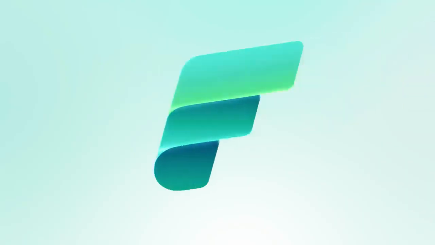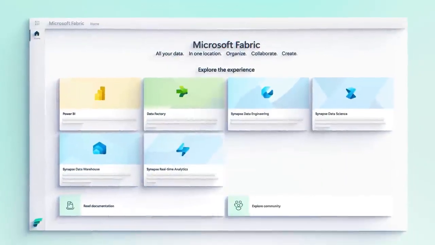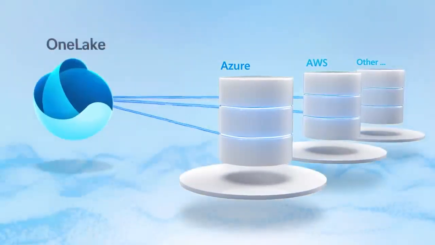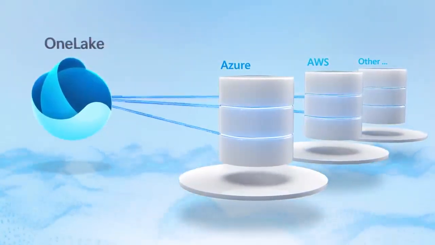Can you go from raw data to meaningful insights over your data spread across your organization and in other clouds in seconds without moving it? Well, today we're going to take a closer look at Microsoft Fabric, our next generation data analytics service that lets you work with your data in place wherever it resides, powered by one of the first true multi-cloud data lakes